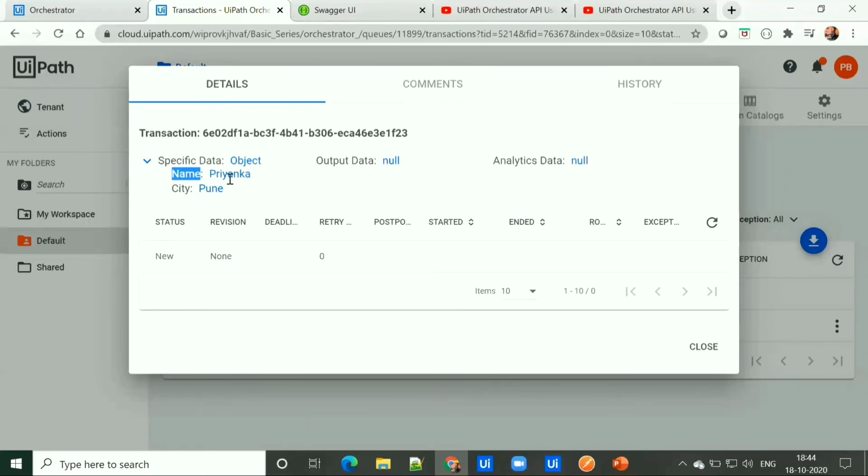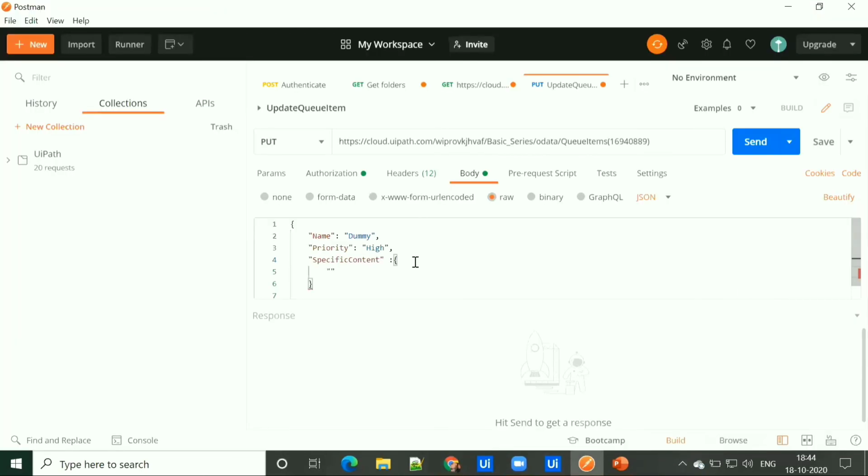So our data to change, let's say name, we have to change the name, and let's say John. So we need to update the name from Priyanka to John, and city, put a comma over here, and city from Pune to London.